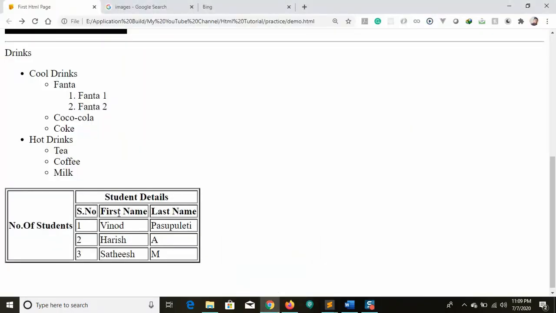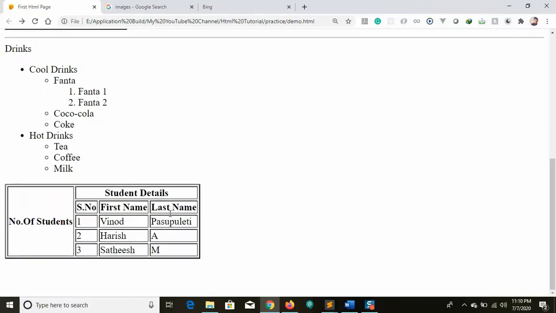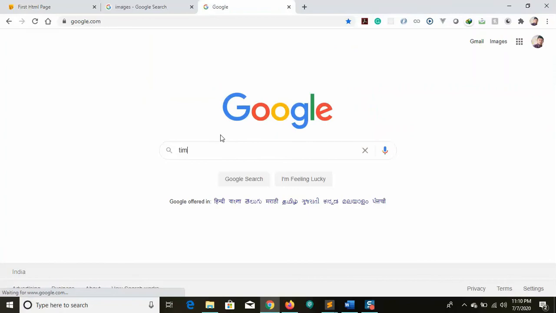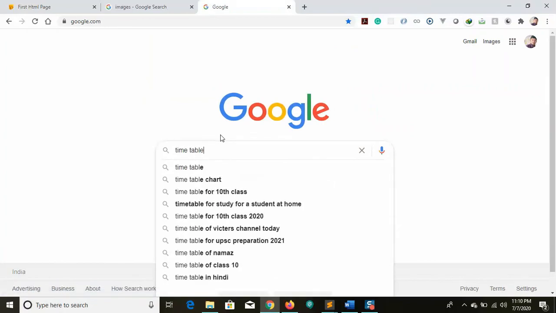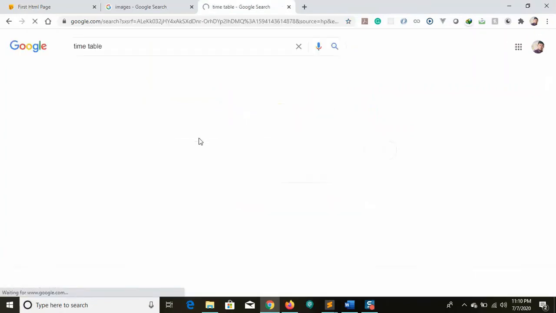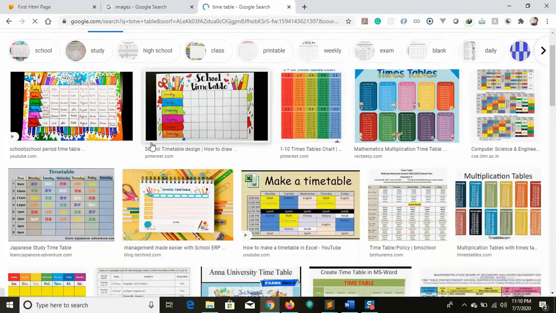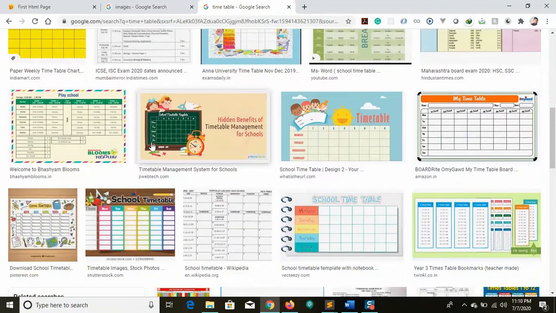Okay, I hope you understand about the tables, right? You might have a timetable, so you can try an example timetable. In Google, you can search and try with a timetable. If you have an idea to practice, you can go with this example.